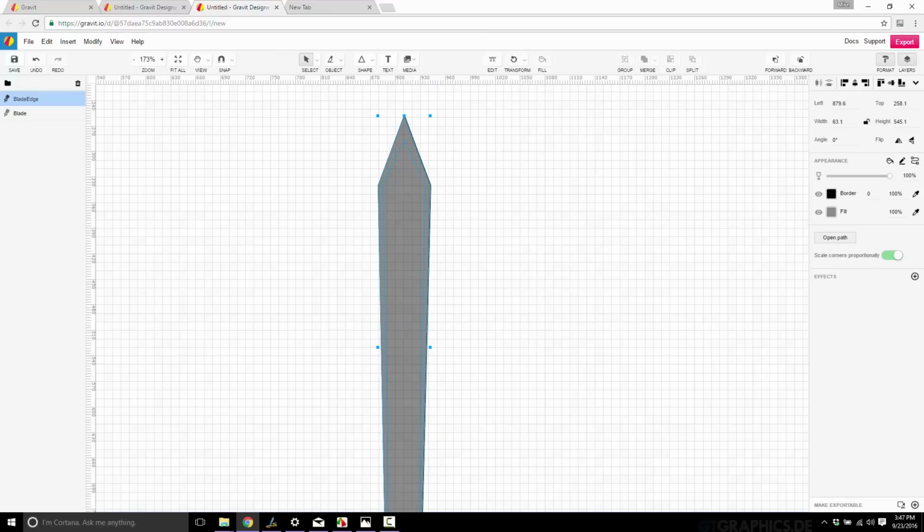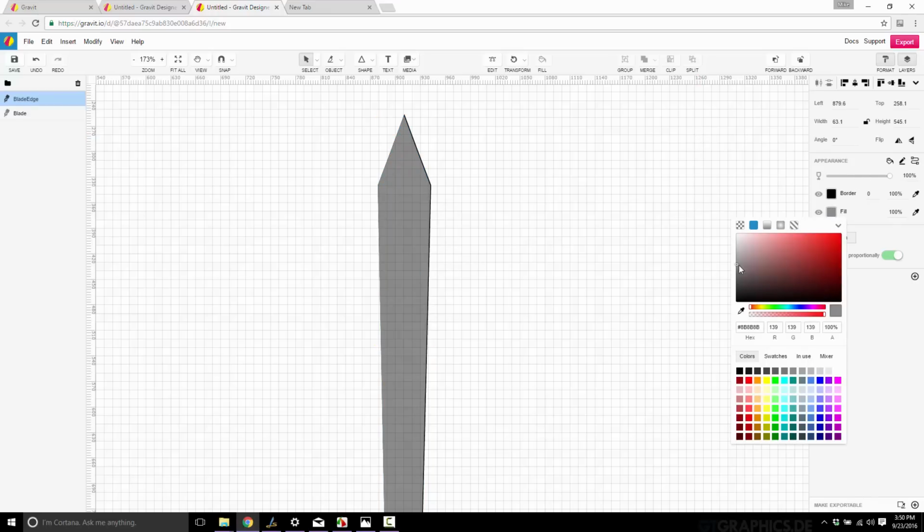Okay, not too exciting so far, but now you're going to see where you add your subtle details when you're working this. So now to highlight the difference between the two, so we can give ourselves a bit of an edge look, what we want to do is change the color slightly. We're going to make this guy slightly lighter. So come on up there, and there you can see. So you've got a lighter edge,